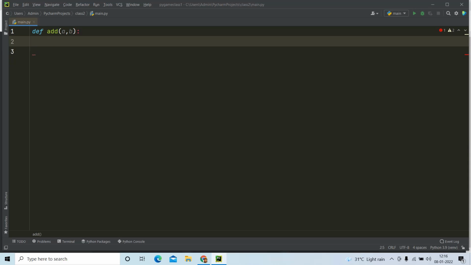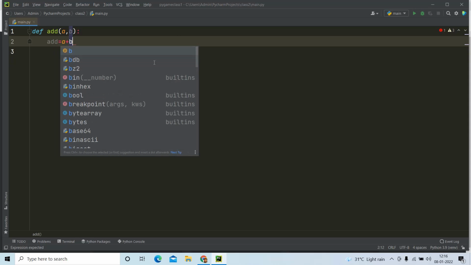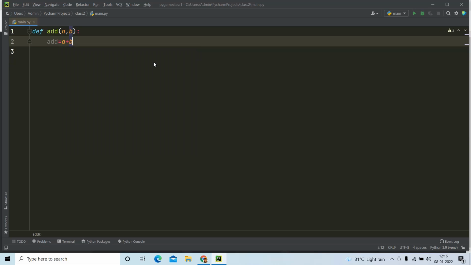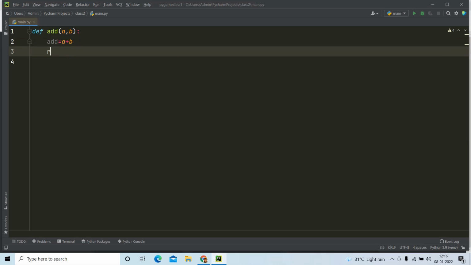As usual, Python's indentation will start, and the set of instructions which we write will be inside this add function. So I am writing add = a + b. And now what should I do? I should return this particular addition value to wherever this function is called. So I will write return add.